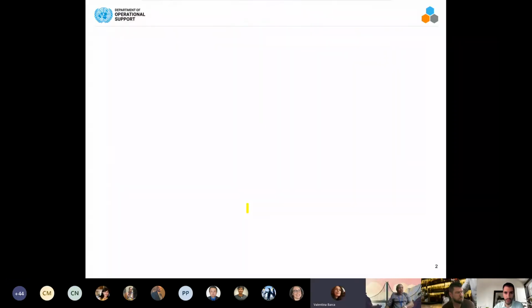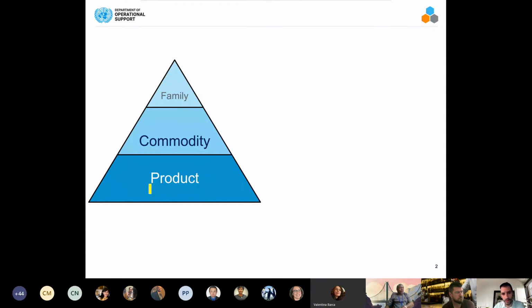So let me go to the next one. This is another view of what we were saying, because when we are talking about the DPSMP solution, we might not be planning at all levels. The most common thing is when we are preparing the plan. For example, if we are talking about fixed assets, we will do it at product level. We will say we need one X-ray machine by next year June, because the one that we have is getting super old, right? Or for some other type of products like spare parts, we will not do it at